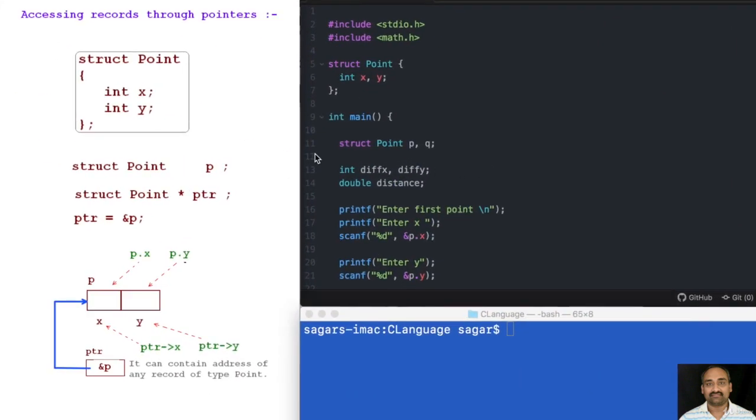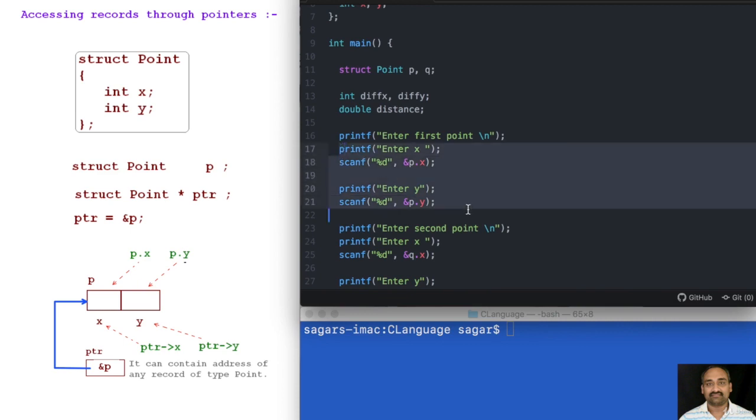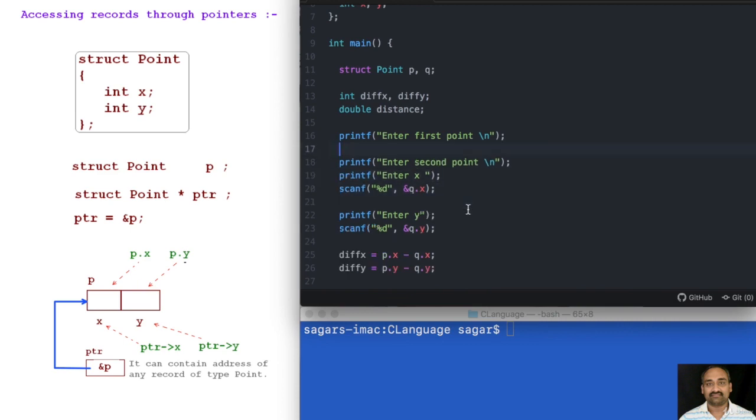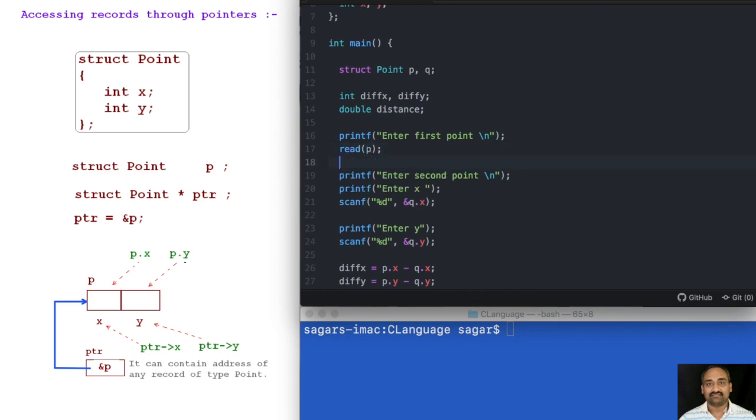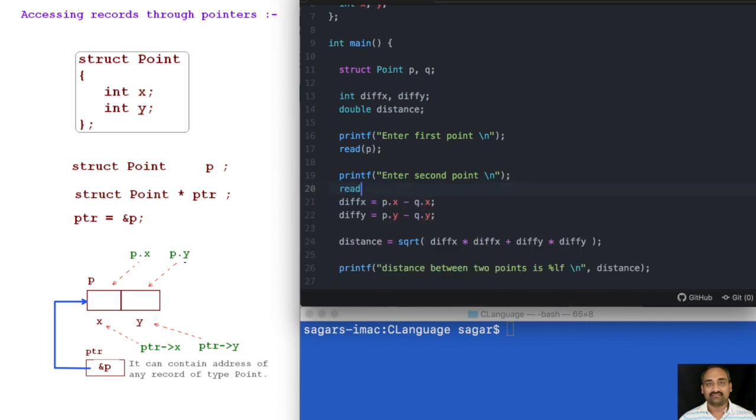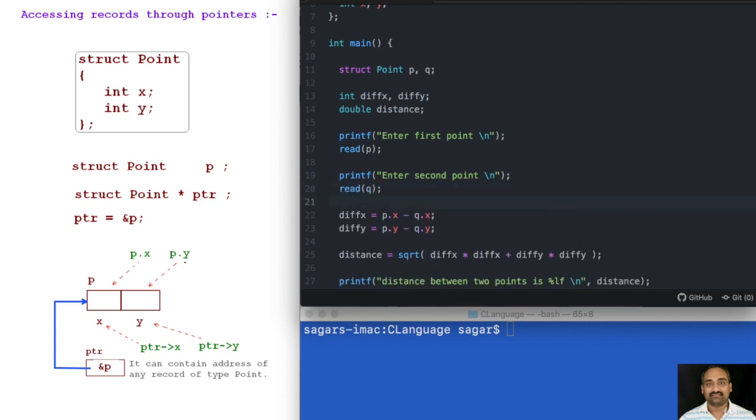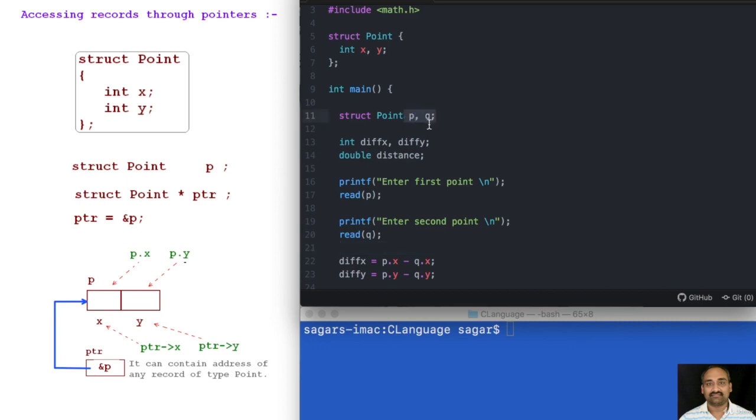I'm going to modify the previous example that we have written, and I want to convert this into a function. I want to write a function called read, which is capable of reading the record, and similarly I want to convert this to a function call which reads the point q. Now p and q are record variables which have their own copy of x and y.